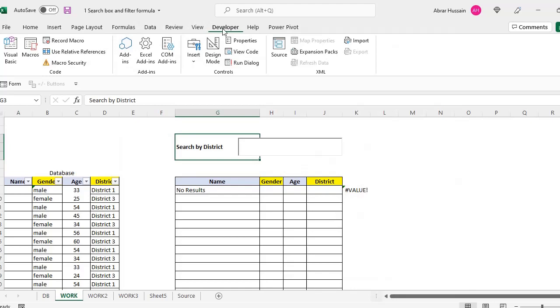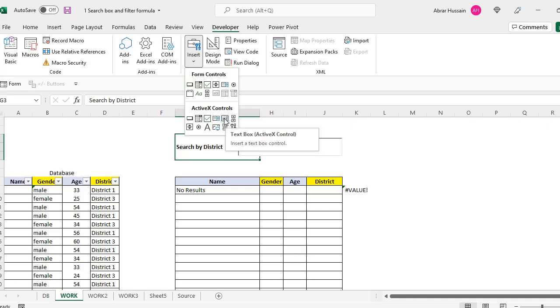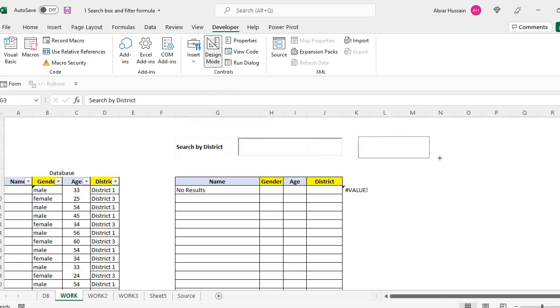Now in this developer tab, what you need to do? You just need to insert the ActiveX control text box which is available in the ActiveX controls. There are some text boxes here also, but no, this one. Click and just drag it. When you drag it, for example, I have already done this one.